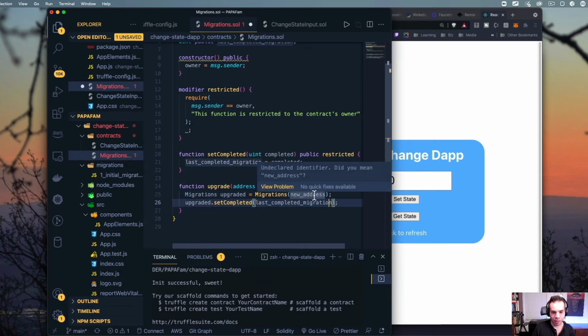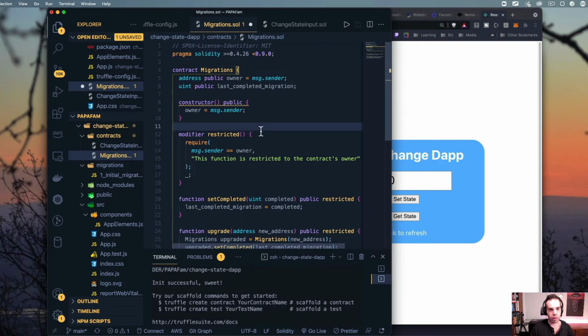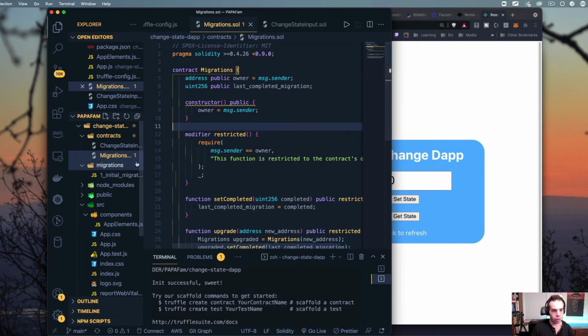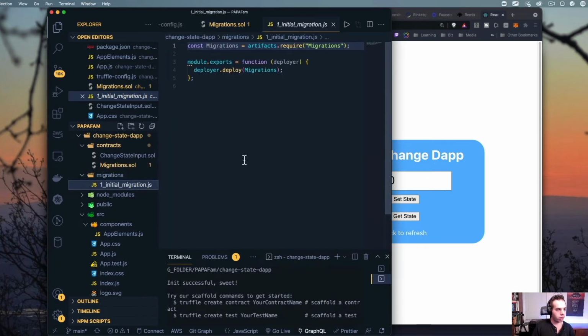There we go. Thank goodness for hard typing so that it knows exactly what we're trying to say, which is great. So thank you, VS Code. So this is great. So now we're going to be good here. This is just our migrations file, and this is going to be really important when we actually deploy this to Truffle. So that's great. Now something that we're going to want to do is just pop into our migration subfolder, and we're just going to make sure that this is correct. So we're declaring migrations with artifacts. Artifacts, it's kind of like the build folder. So when you declare something, it's going to be writing this as artifacts, requiring migrations, which is this folder.